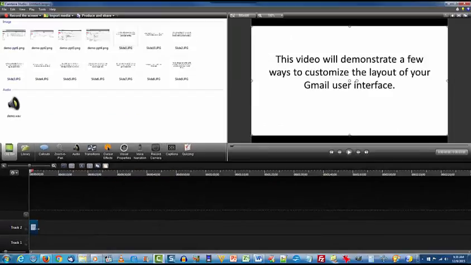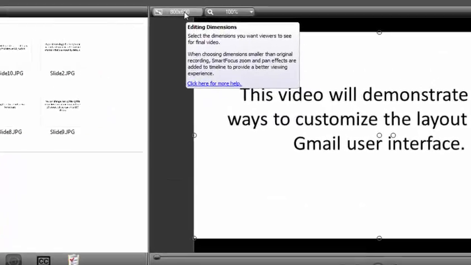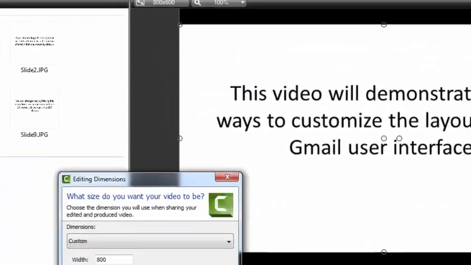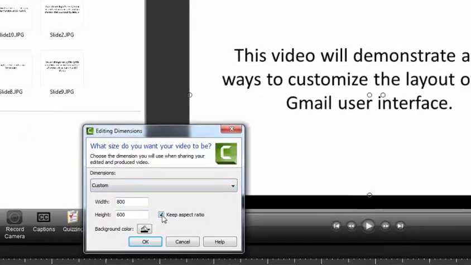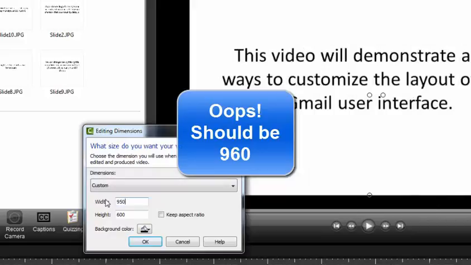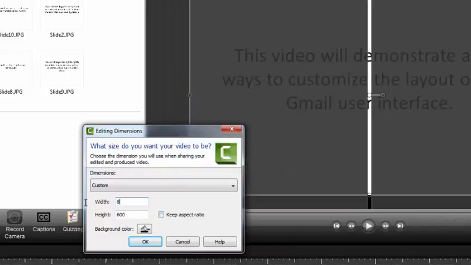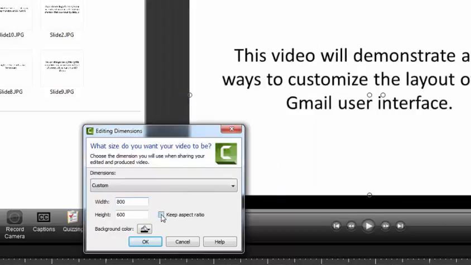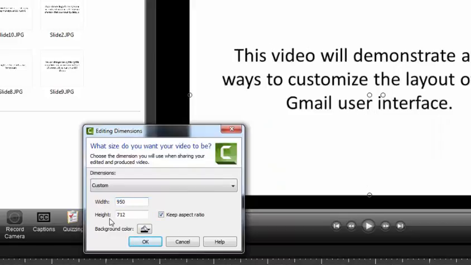So with that down here, now we can come up here, click on the resolution, and get the box popping up. Now you might have to untick the aspect ratio thing here and then just type in the numbers 950, because if you have this checked, let's go back and I'll show you. If you have this checked and then try to type in 950, you see this is automatically changing, and that's not what we want. Let's untick that and then come in here and make that